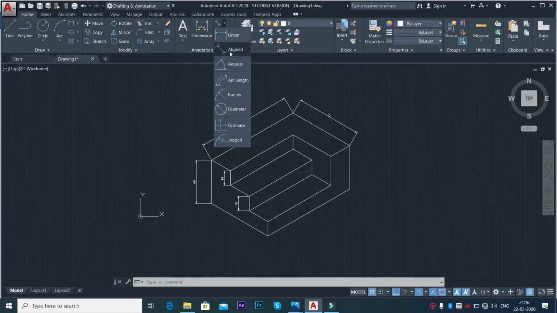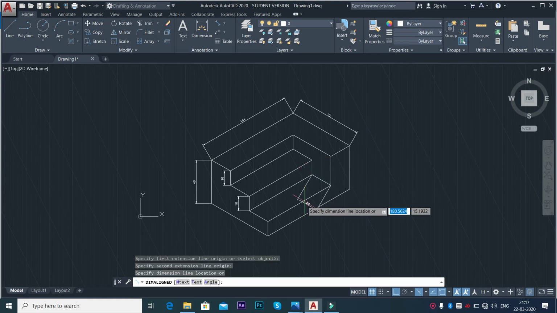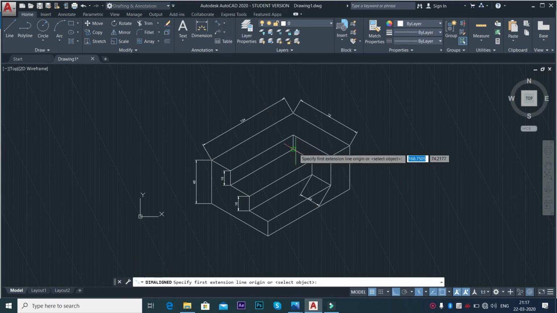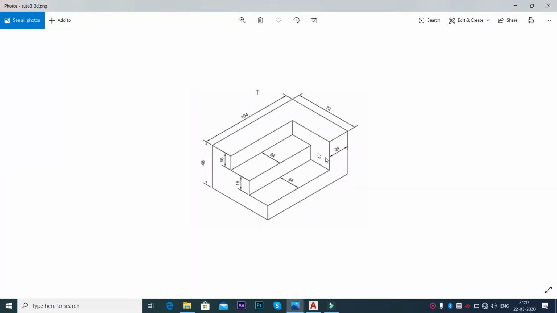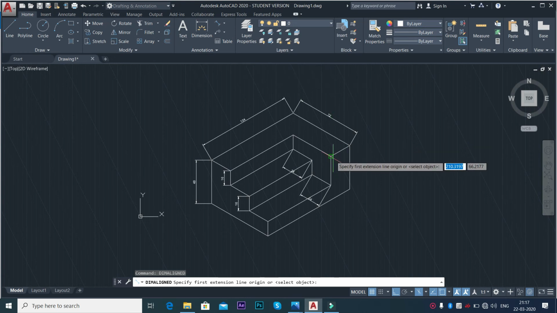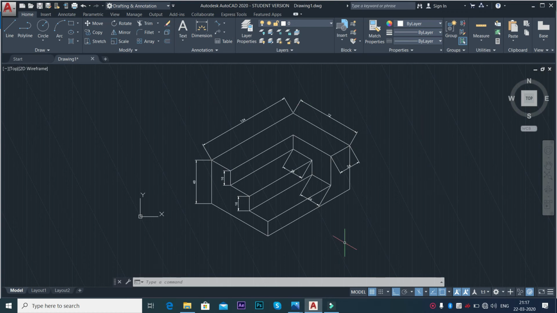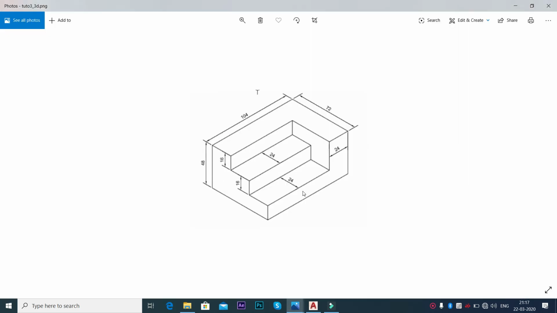So I will select this aligned option. I will select these 2 points, and suppose I am pointing it here like this. Again aligned. Again I will select these 2 options and we will do it like this. This is 24 again. So again right click, repeat the aligned option, select these 2 points, and bring it down like this. Now you can see that the dimensioning that I have done is looking a little bit absurd,